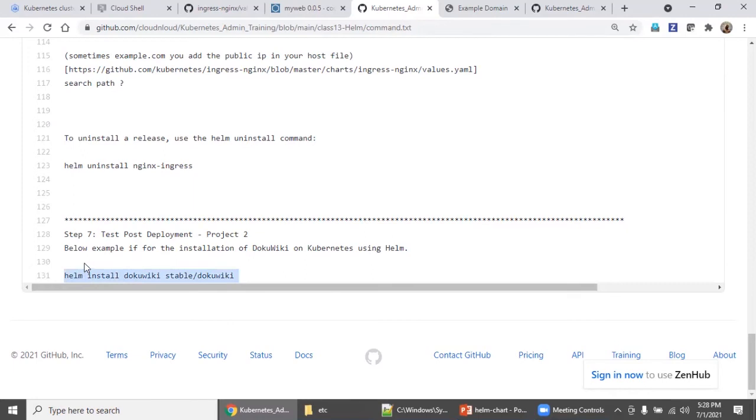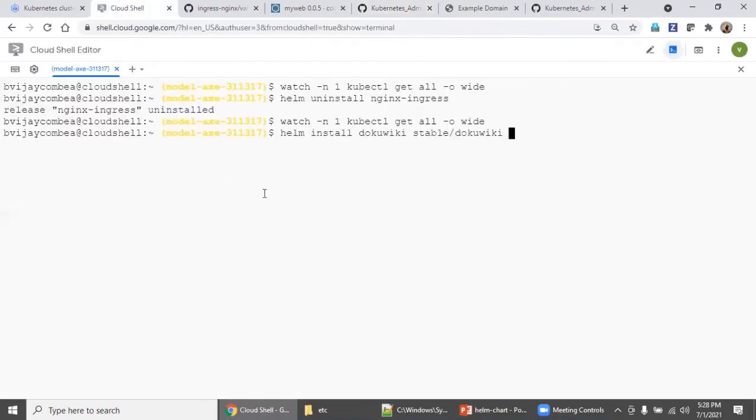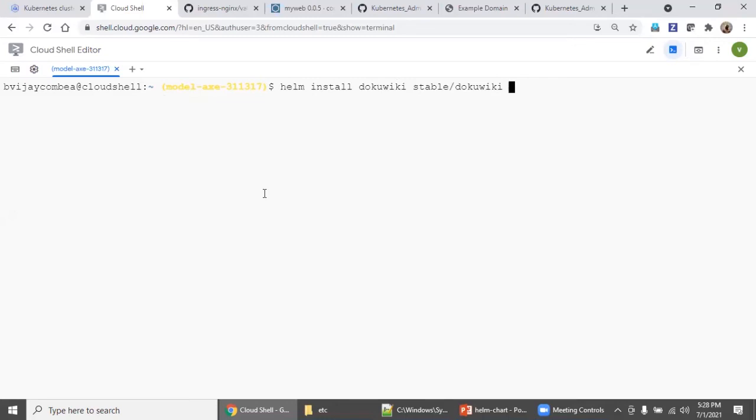So copy this. Go here. One more piece of advice: until you get some comfort level in Helm chart packaging, whenever you install any test charts, whatever output you are getting, better put it in your notepad. I'll tell you why. Say, for example, you want to deploy this in a different namespace, right? So create a namespace with kubectl. Say, for example, Cloud Unlock, or say CNL.